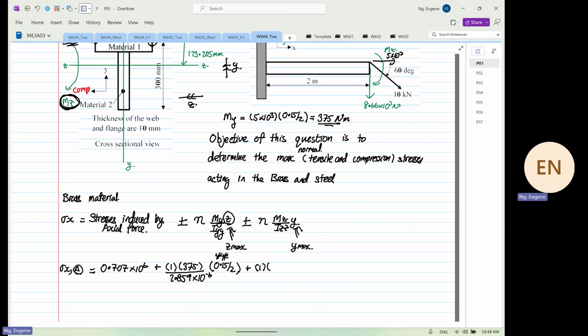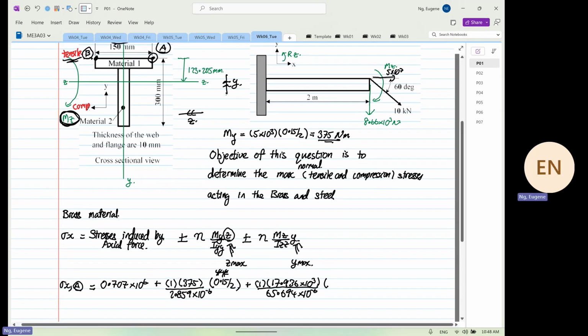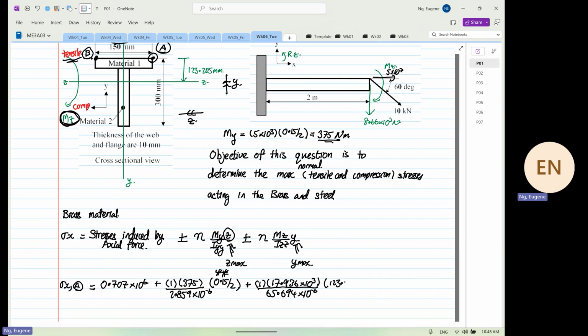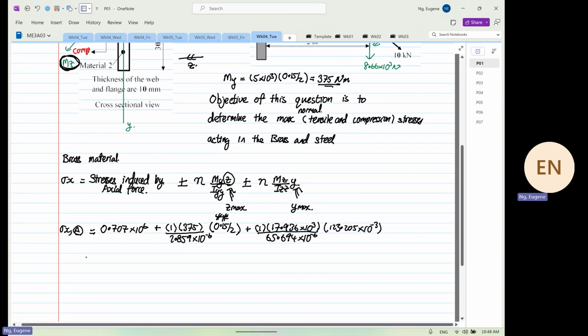And then you have 1717.936 times 10 to the power 3 divided by IZZ. IZZ is equal to 65.694 times 10 to the power minus 6. Now, what is this distance? It's the Y distance. So it's equal to 123.205 times 10 to the power minus 3. Okay, so when you compute that, you will get 0.707